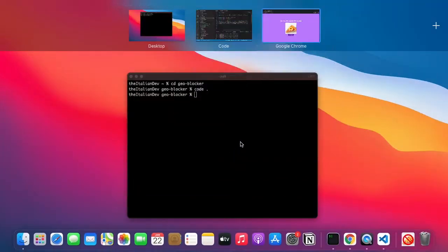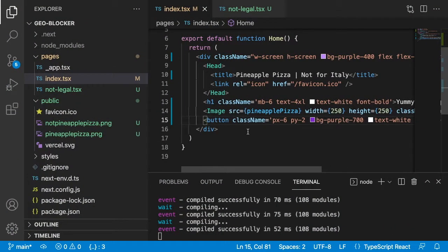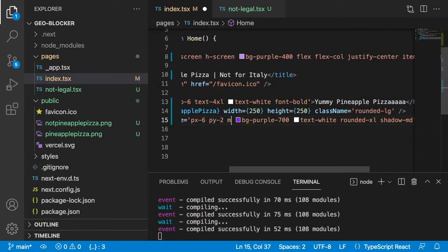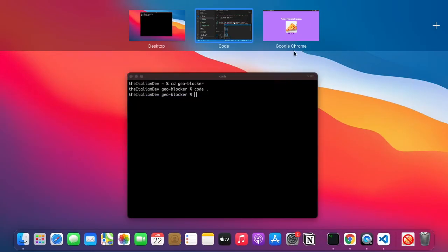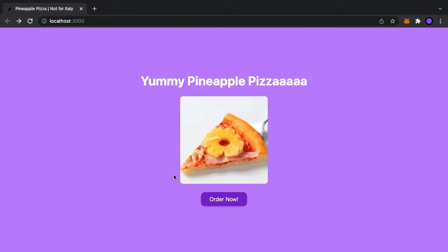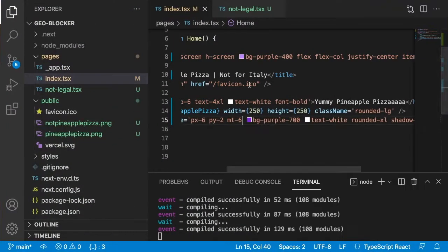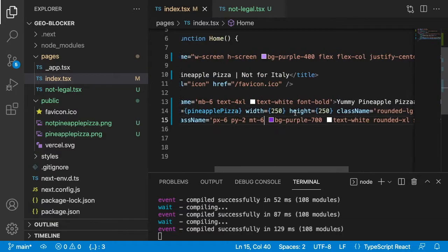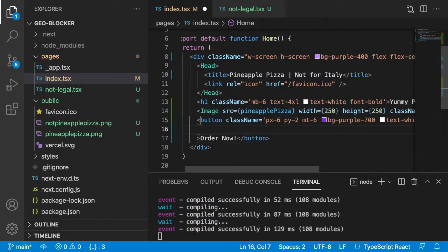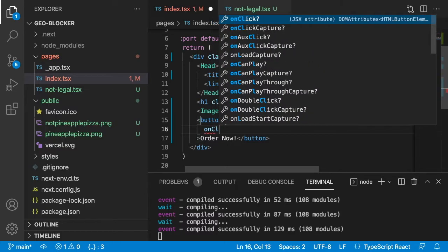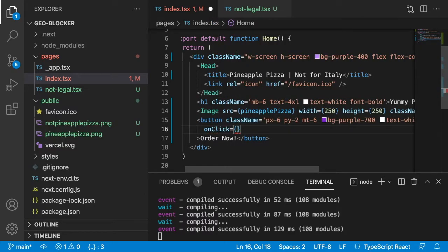Nice, we have our button now. Let's also give a bit of margin top of 6, so to have them evenly spaced. Perfect. So let's add also an on-click method on a new line. Pass a callback anonymous function and open an alert